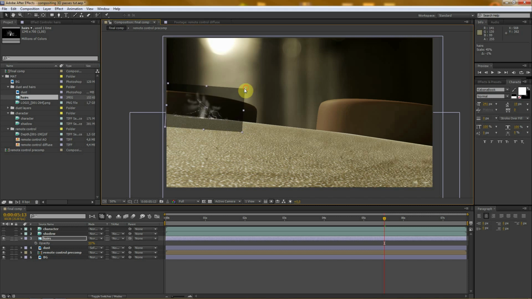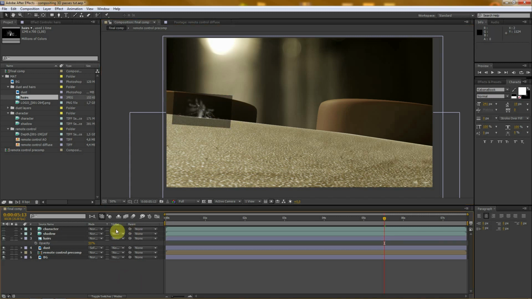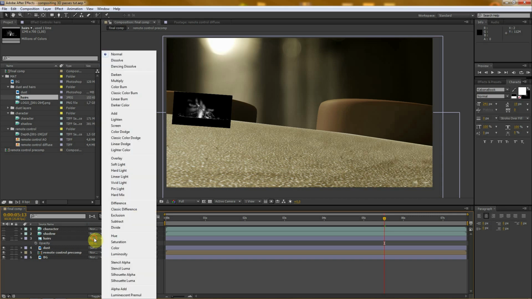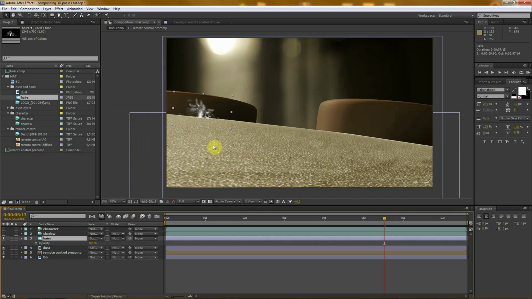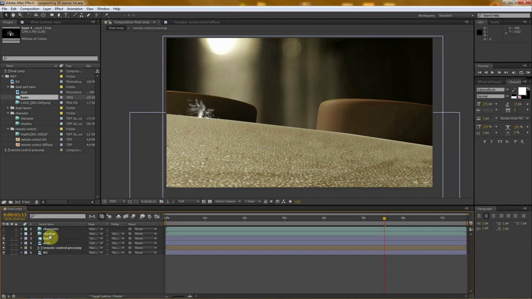Yeah, something like this. Maybe scale it more. Yes, and I can leave it as it is. Go back to 100% and set the transfer mode to screen. So now our hairs sit on our environment, and maybe we will color correct it so it is not so